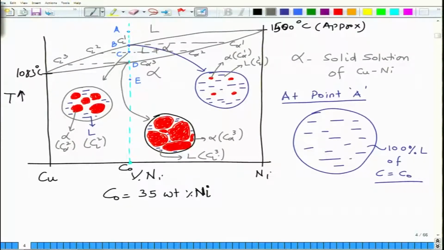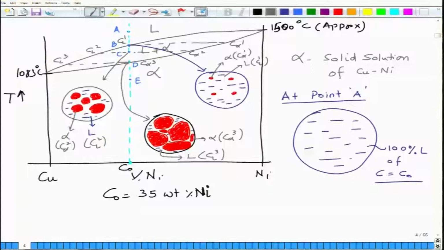So liquid is getting smaller and smaller in proportion, and it's getting depleted in nickel gradually. The alpha also, as compared to the alpha which formed right at the beginning, has become depleted in nickel, but it's coming closer to C0. It's coming closer to the equilibrium concentration, because eventually when the whole solid forms, everything should be equal to C0. So you have the composition of alpha approaching C0, whereas the composition of liquid is getting reduced to very little nickel, and eventually at point E, or even let's say at this point just below D, if you look at just below D,